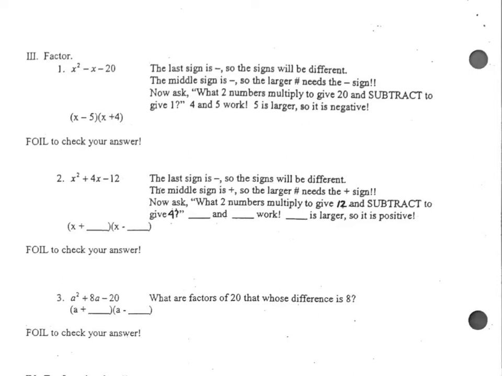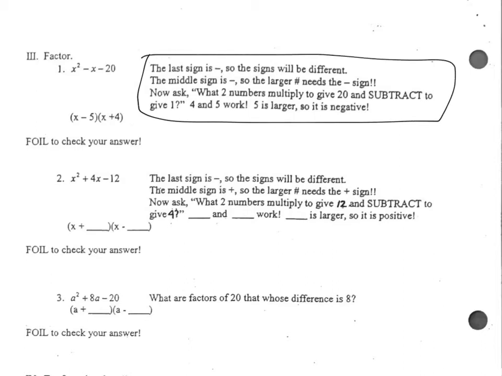Alright, in this video, we're going to piggyback on the last video, but we're only going to look at problems where the last number is negative. And again, on these note sheets, it gives you a thinking process to the right of the problem. So right here, this is everything that you should be thinking. Since this last number is a negative,